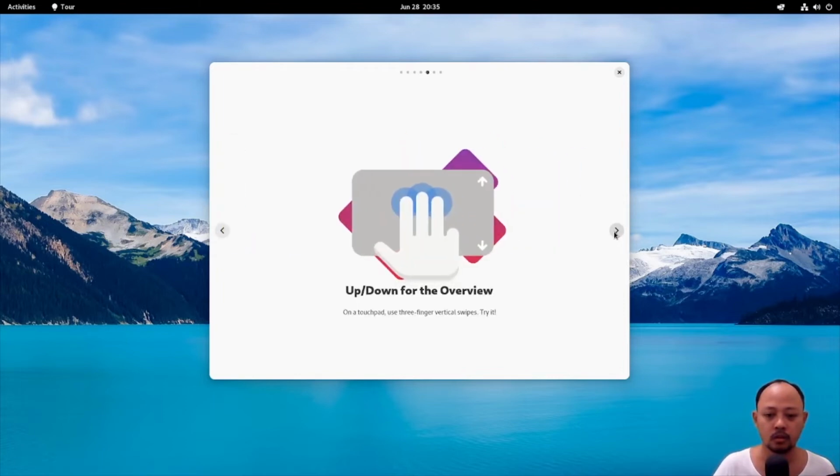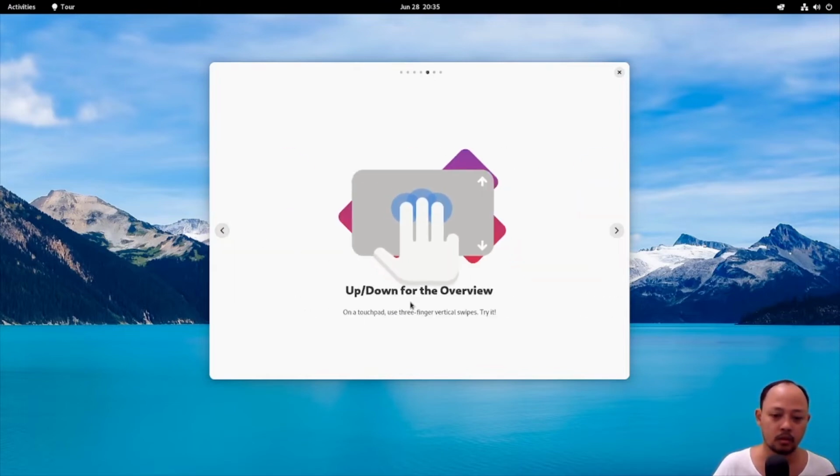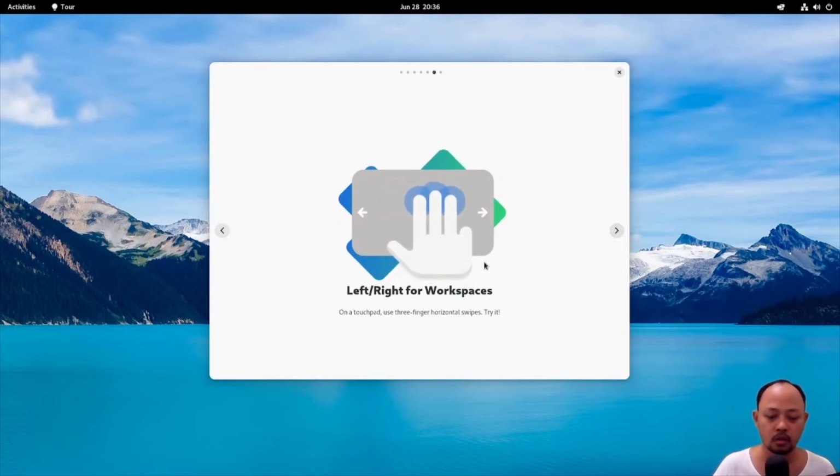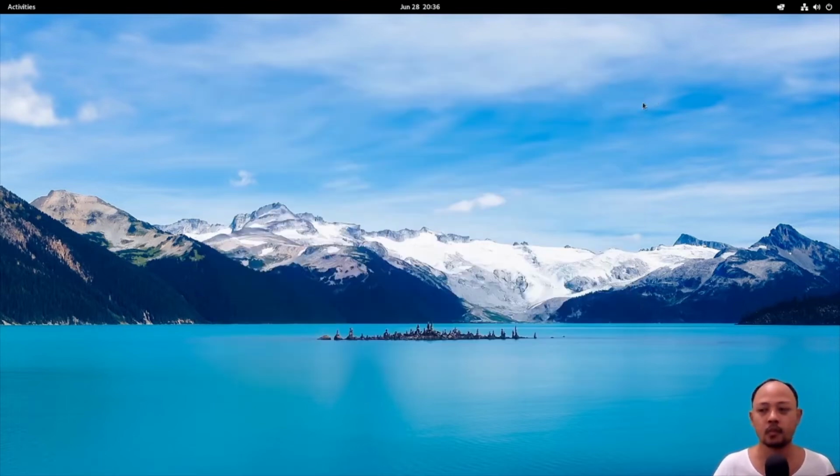Okay, three fingers up or down, three fingers left or right. Okay, and then finish. So after the tour, there's no more.